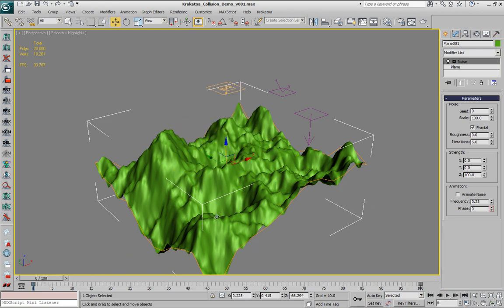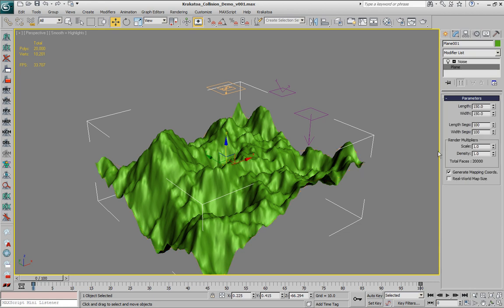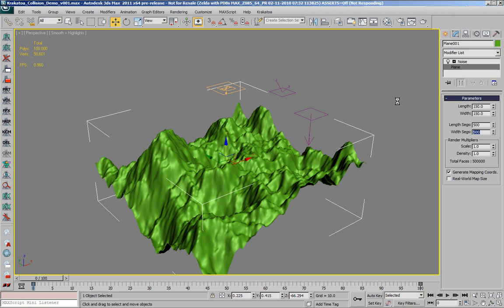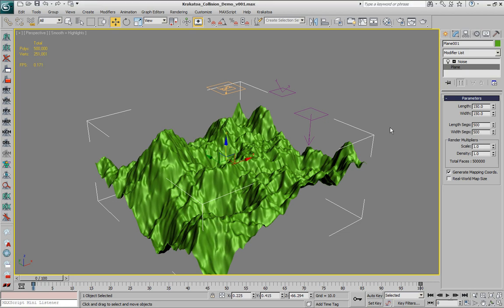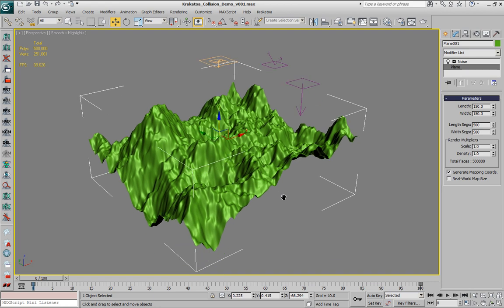What would happen if we start increasing the geometry resolution again? Let's go to something like 500 by 500 polygons. This is 500,000 polygons with 10,000 particles. You notice that there is a little bit of processing which is caused by the rebuilding of the acceleration structure